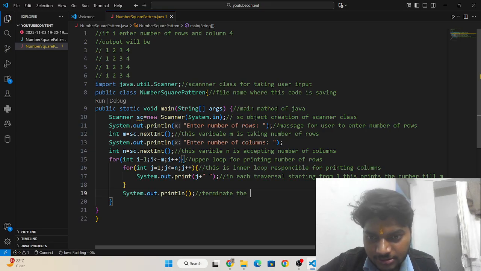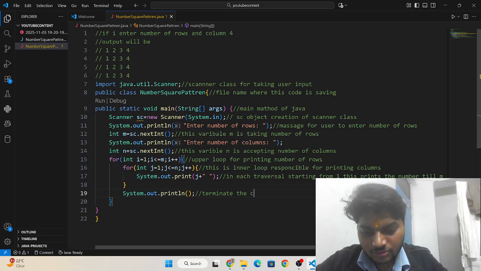What is n? n is the columns, okay. Terminate the columns. No, it is terminating row only.